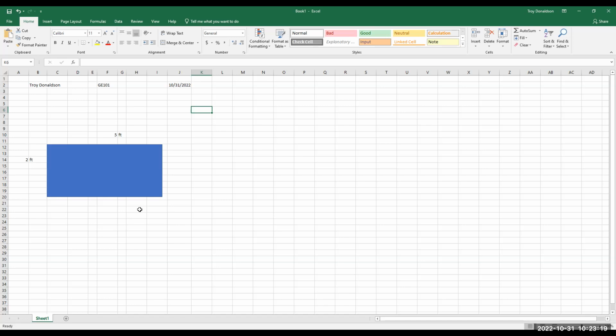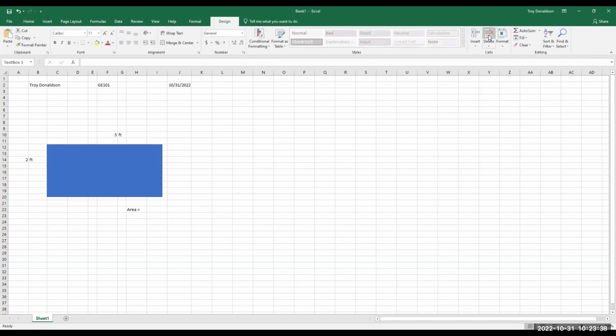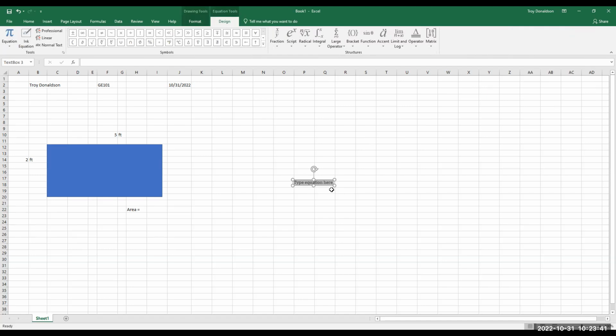All right. So then if I wanted the area, right, I'm going to put area equals. And then here, since it is a simple equation, I can just use my alpha keys to do it, or I could insert an equation. Looks very much like Word. They're both the same products, right? Insert an equation, type the equation here. So again, if I wanted some fancy stuff, I could go up here and get it, no problem. But I can also just write,